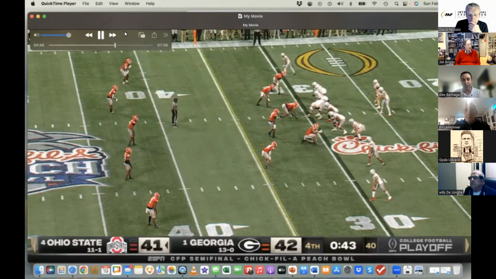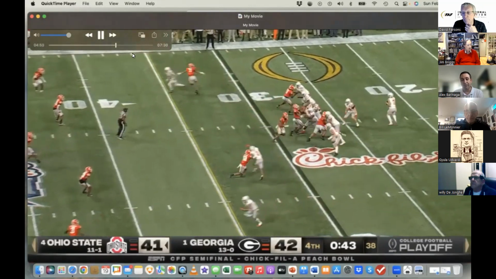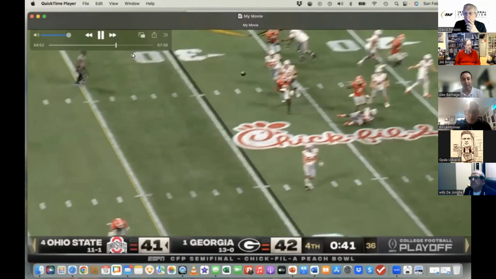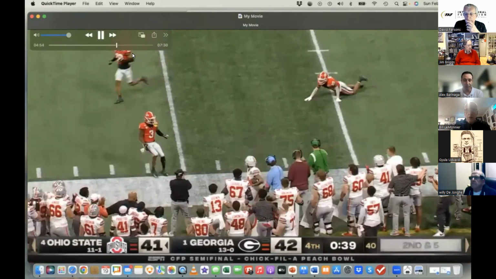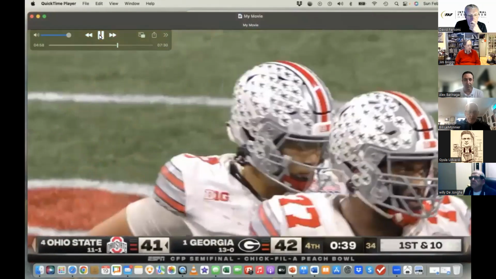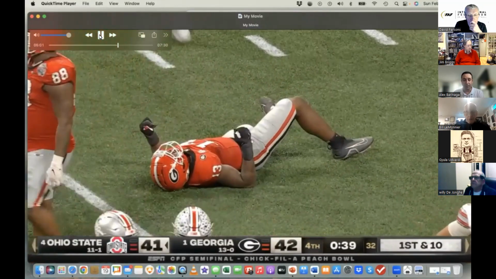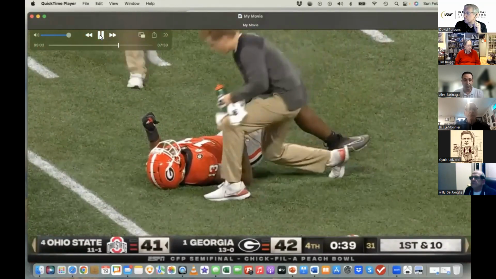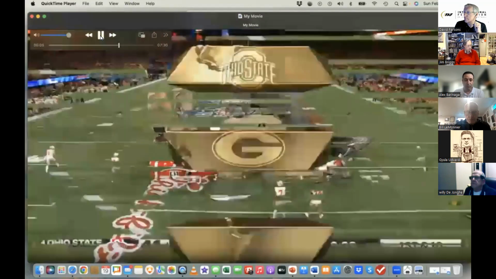Not only do you have to know whether a 10-second runoff applies, you also have to know when it can be used. The video jumped around a little bit there, but we have an injured player